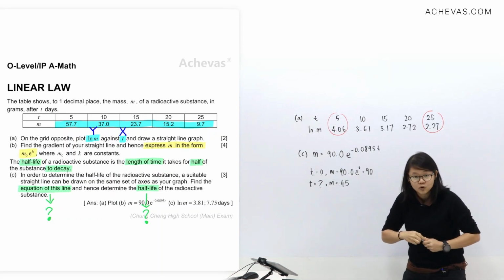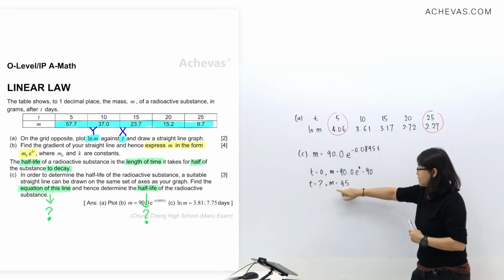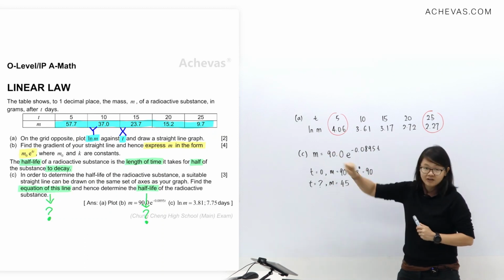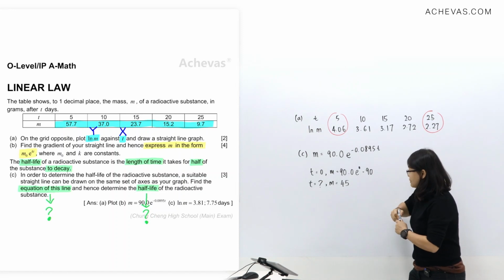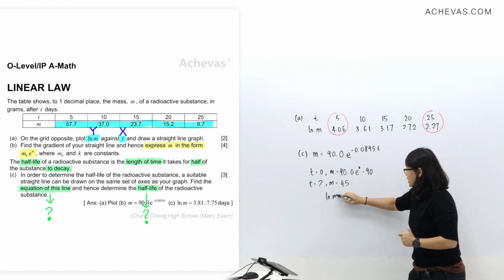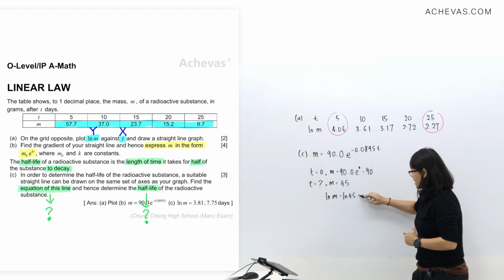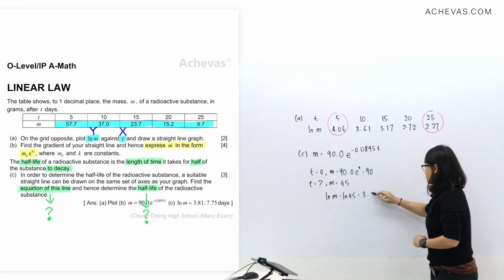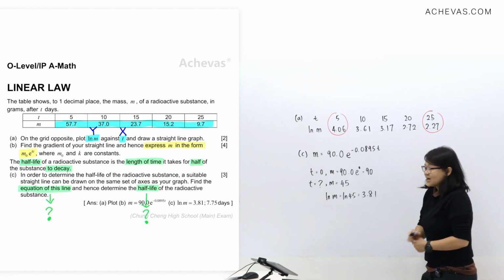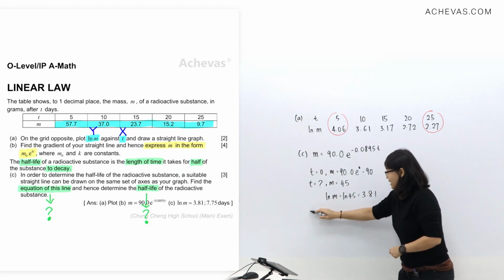Now, you need to be careful. I can't read 45 because this label is m. My graph label just now was ln m. So I need to take one step. Next one, I take ln m. So let's find out what's ln 45. By clicking my calculator, I'll get the answer 3.81. So the equation of the line that I'll be adding,